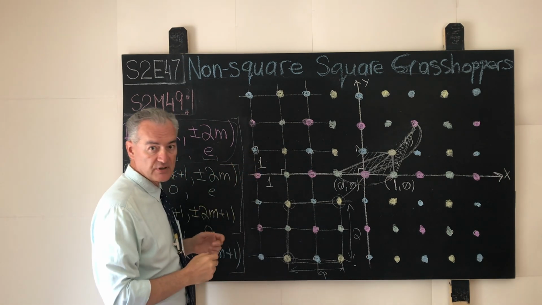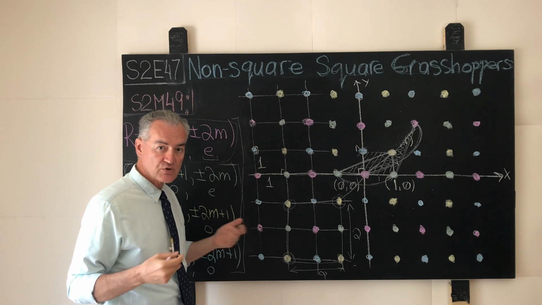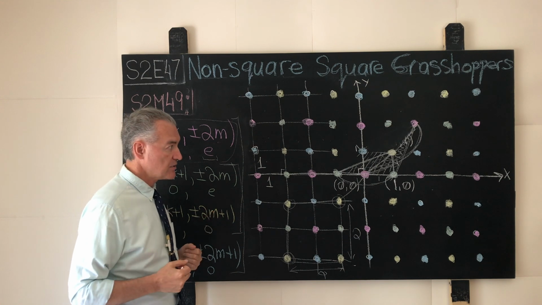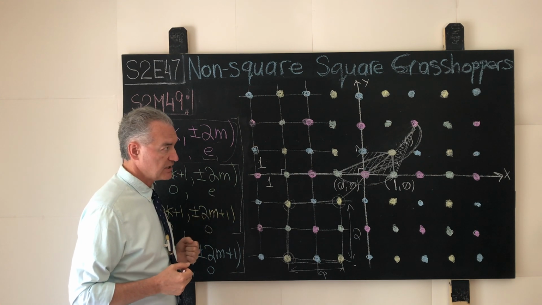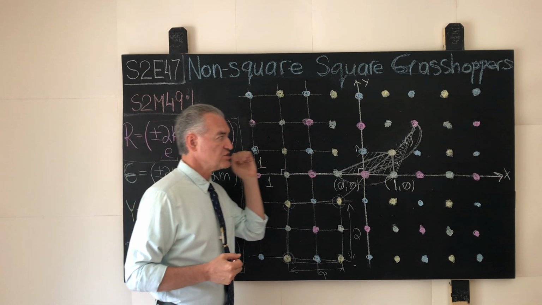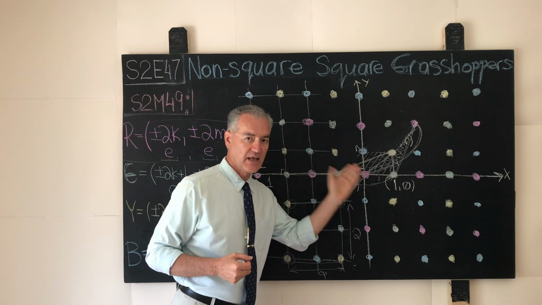Ka-ching, at that point the picture is taken and shown to you. How can you distinguish which way the time was flowing when this picture was taken? I claim that there is no way, and that is precisely what it means that in this case the jumps, or any legal jump of any grasshopper at any time,